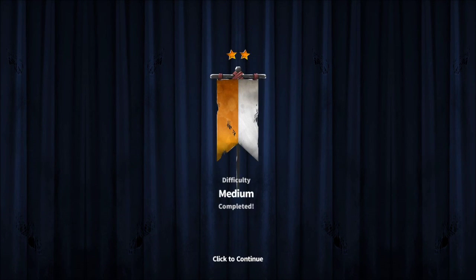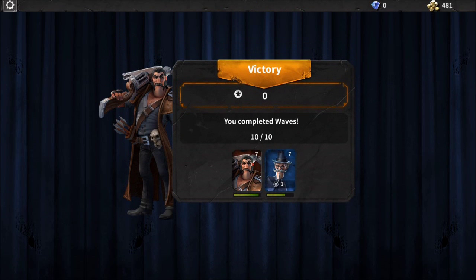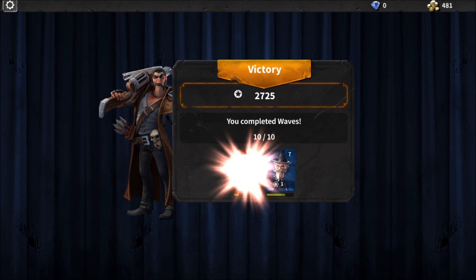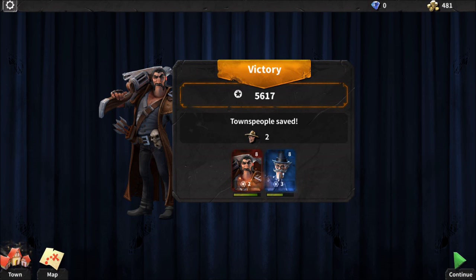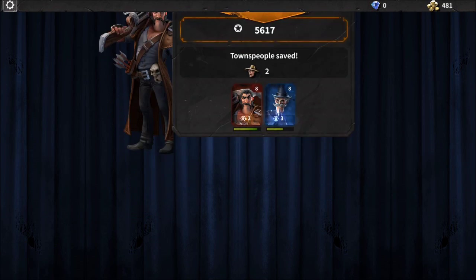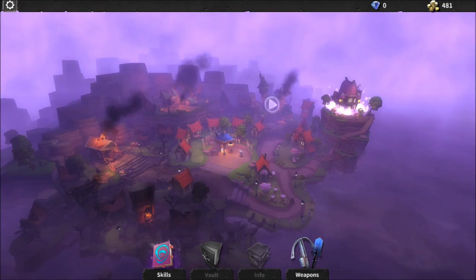It's like that victory fanfare comes only in the right of your ear, and then it flicks across to the left. It's really weird. I thought it was my earphones breaking, but it's happened on every single level. So it's bizarre. So you can see things level up. I saved an additional two townspeople. Yay. And so what will then happen is that you'll then go to the town,